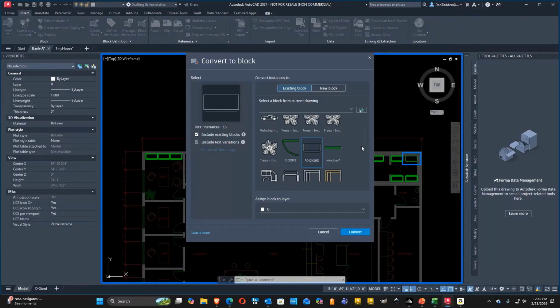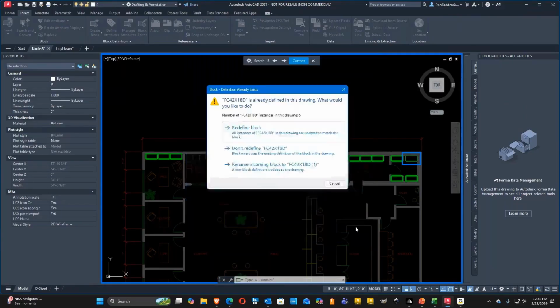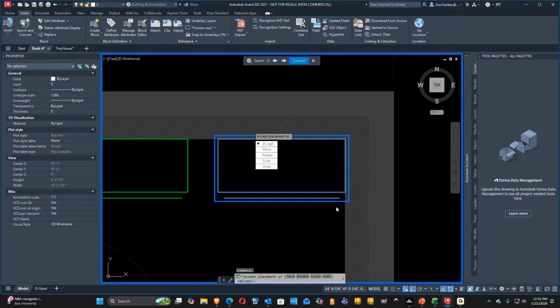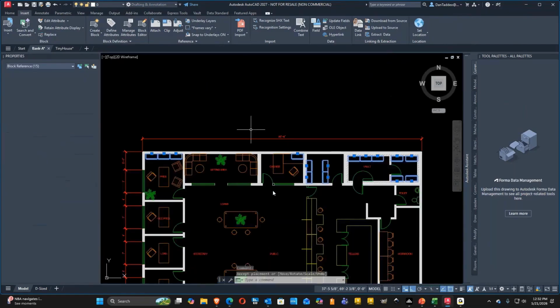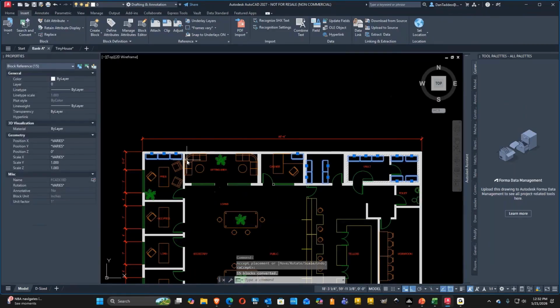Well, I'm going to go ahead and tell it to use an existing block. I already have it. I'm not going to reinvent the wheel. So I'm going to go ahead and convert that. And then I'm going to choose to redefine it just to make sure everything looks good. I have all the line geometry selected, and I'm going to go ahead and hit accept. And now you can see all of these are set to the block. And more importantly, because they're all selected, I can go ahead and put them on the correct furniture layer and not have to